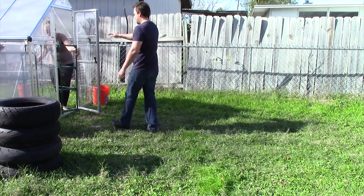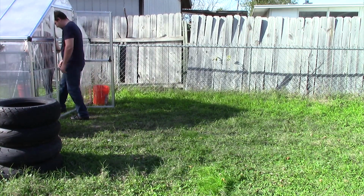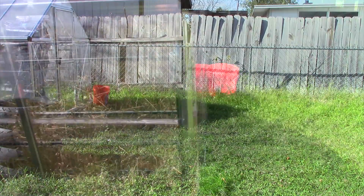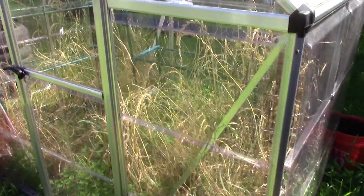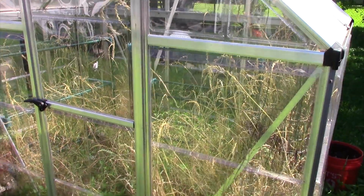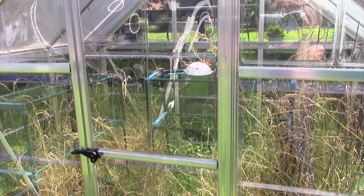I got this with a gift card from my dad from Amazon, and I've been wanting to get one of these for a while. Clearly you can see that I use it regularly by the human height grass growing in it, but like I say, I'm not gardening this year, but the main purpose of this is going to be seed starting,